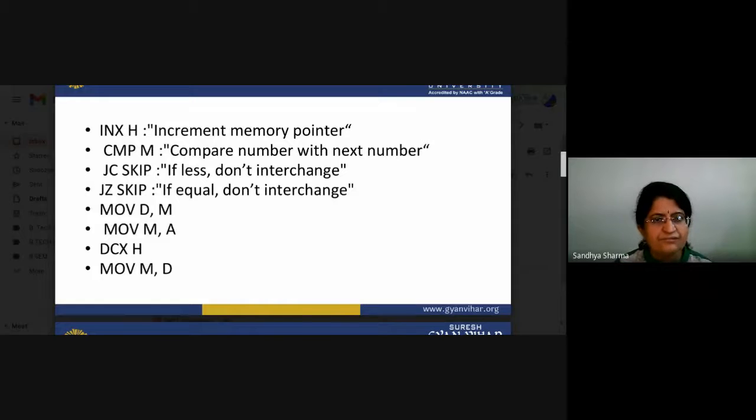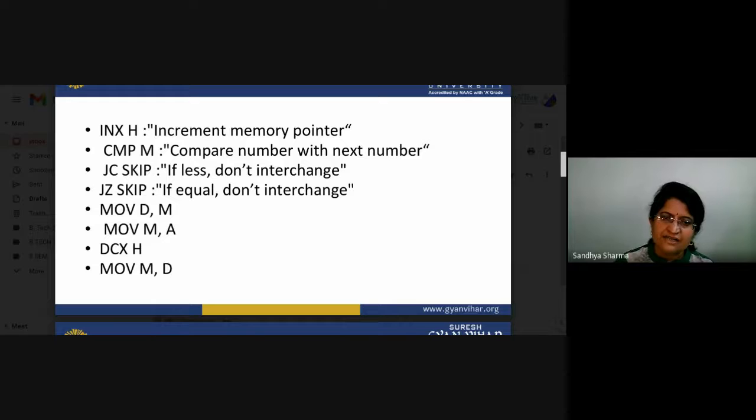If it is not equal or not less, then your memory data will be sent to D, another storage register, and the accumulator data will be shifted to the memory location.